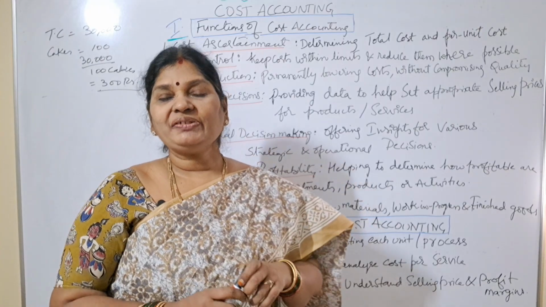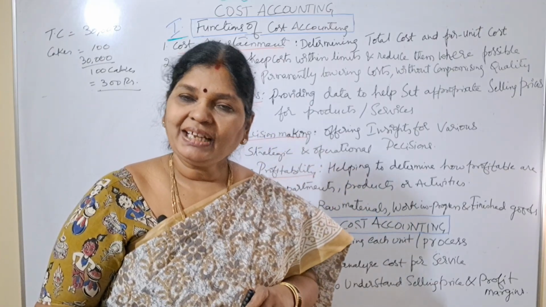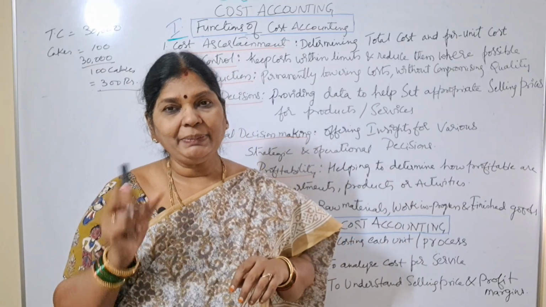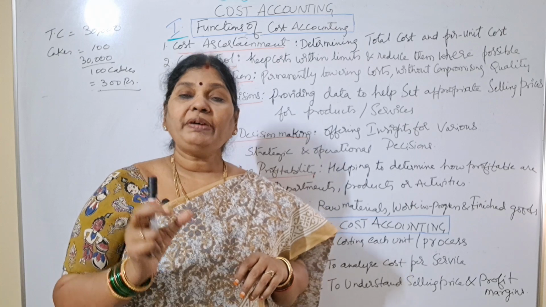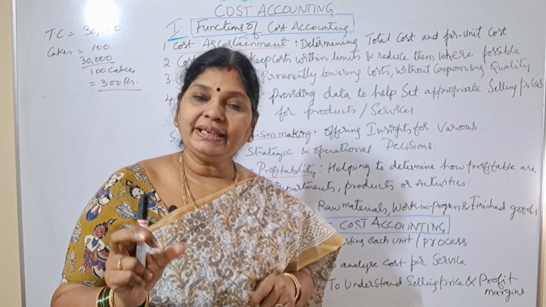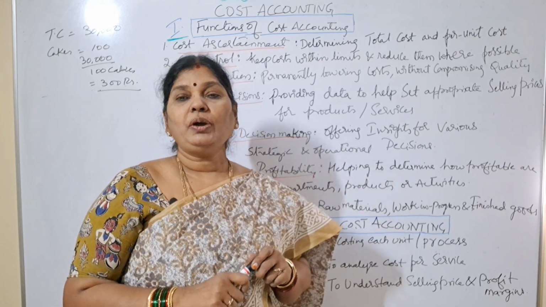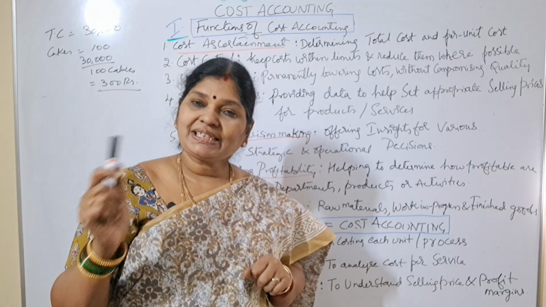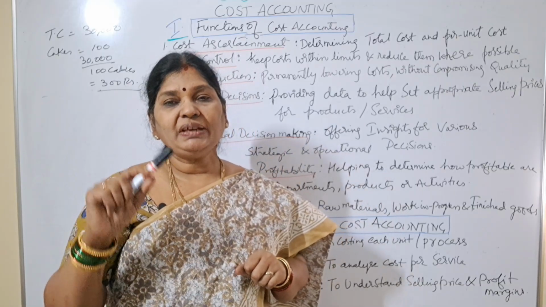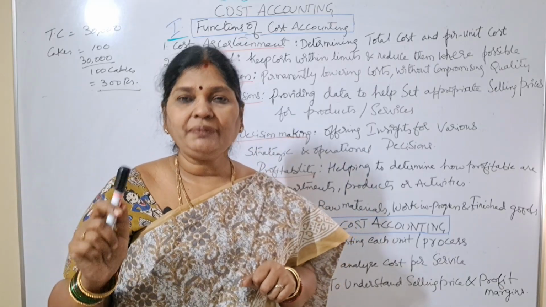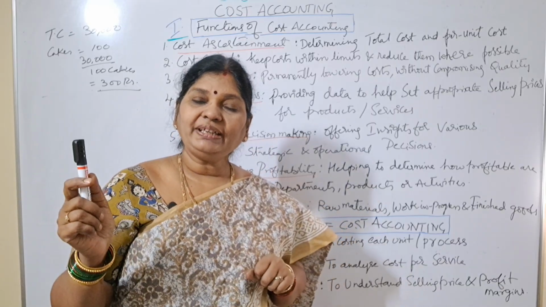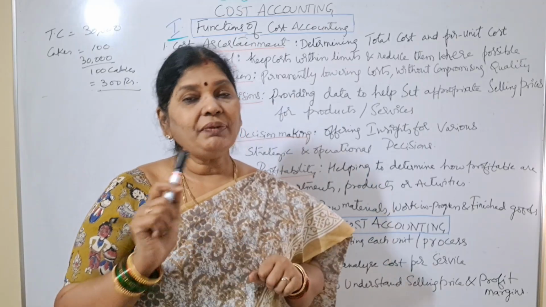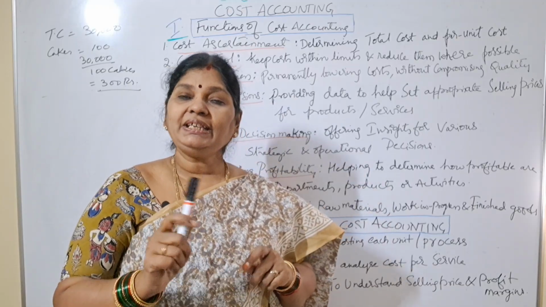If you take the example of Sweet Treats, here they are making cupcakes. Now they want to know what cost they are incurring in making cupcakes, right? So for each cupcake, how much are they incurring? They are incurring rupees 30. So based on this cost of a cupcake, they can fix the selling price. If they fix the selling price at rupees 45, then what is the profit they are gaining on each cupcake? 45 rupees minus 30 rupees. That is 15 rupees they are gaining for each cupcake.